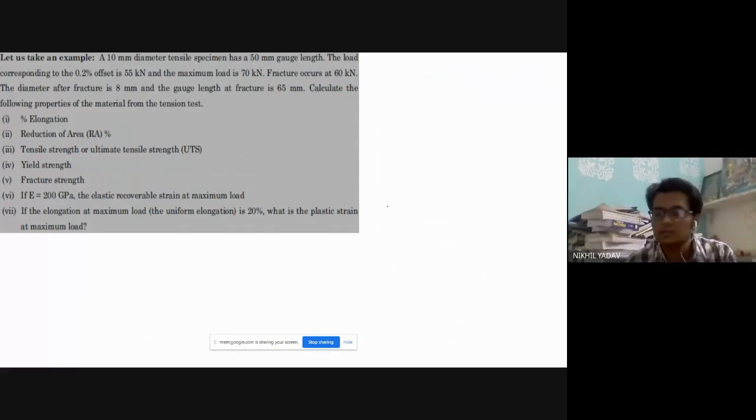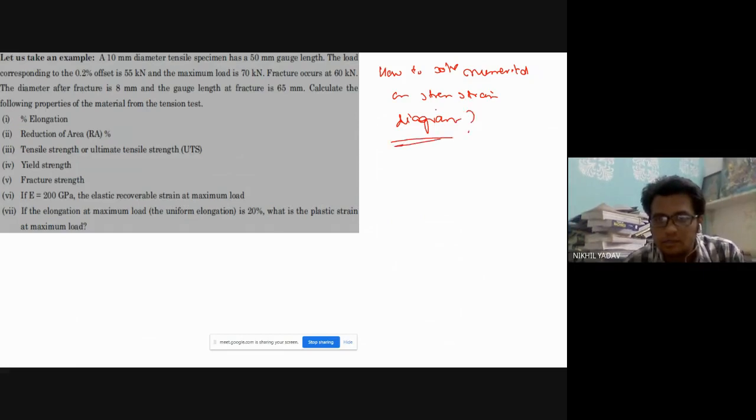Hello guys, so I will explain to you the numerical on stress strain diagram. We will see how to solve numericals on the stress strain diagram. Okay, so if this word comes in front of your eyes, stress strain diagram, first of all